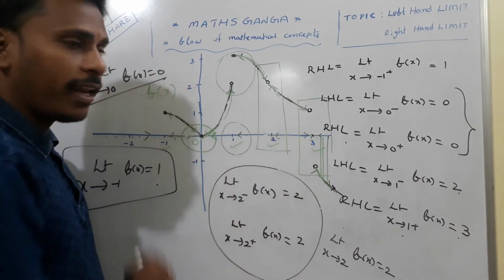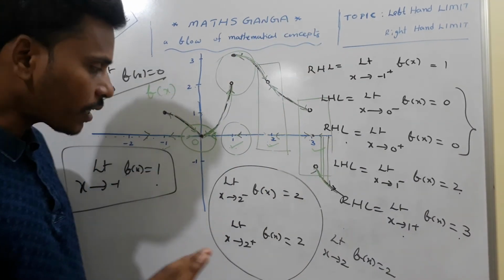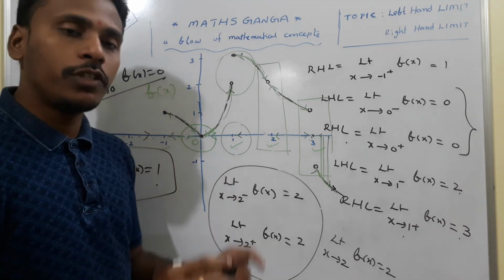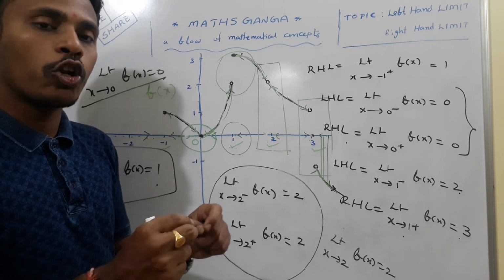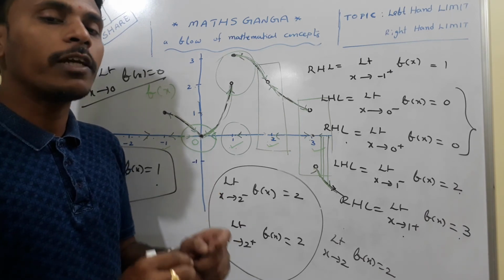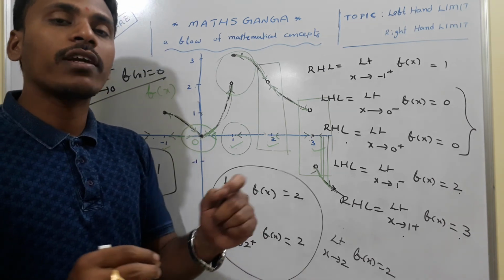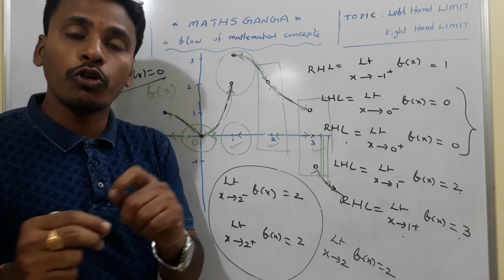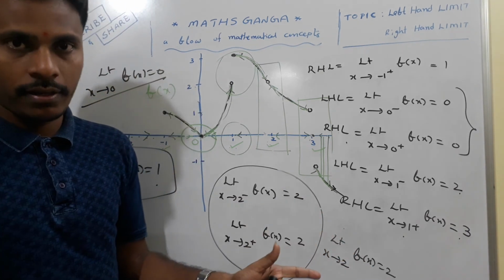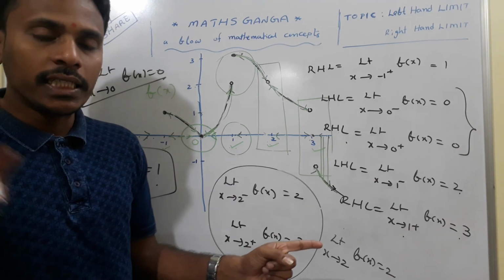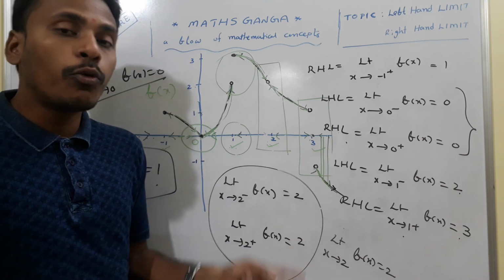Left hand limit is some value, right hand limit is some other value, and the functional value is some other value. Right? So this is the way to observe the tendency of f of x in the surroundings of a particular point in the domain. So if that particular point in the domain is A, then we say that the limit as x tends to A of f of x is equal to L, as f of x is approaching the value L either from the left side or from the right side. If on one side the function is not defined, then directly the other side is considered as the limit. If both sides are defined,